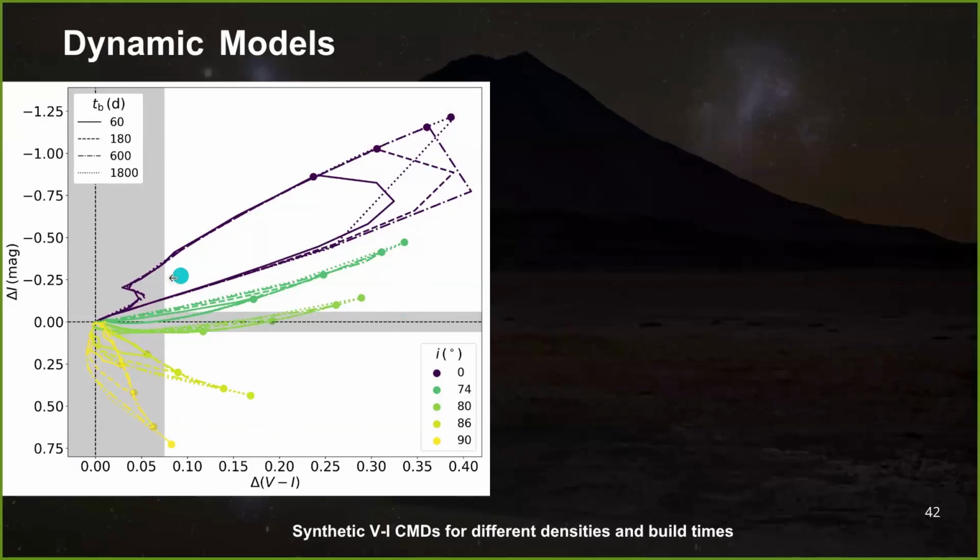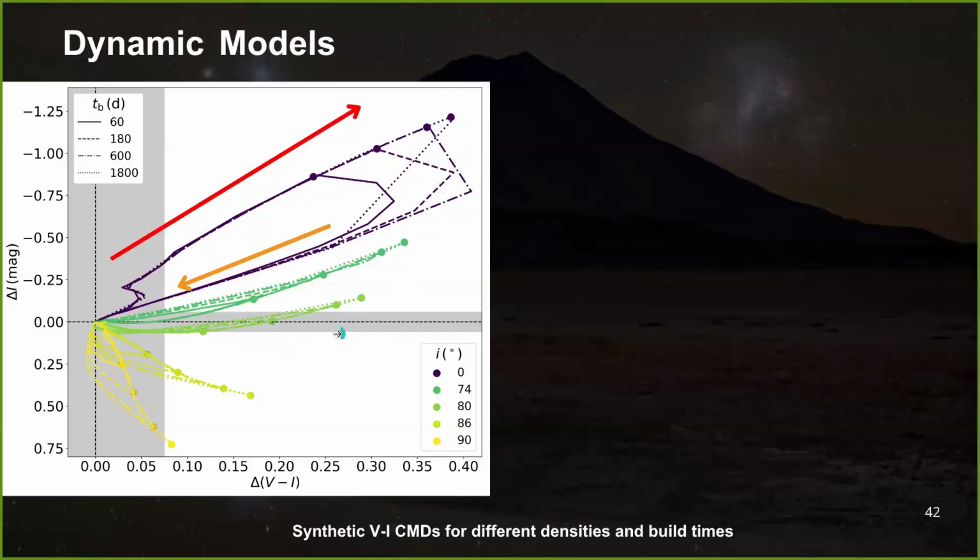We see that pole-on stars tend to increase their brightness and become redder as the disk starts to be fed. And when it hits its maximum mass and starts to dissipate, the star comes back to the initial point. And as we move from pole-on to edge-on orientation,